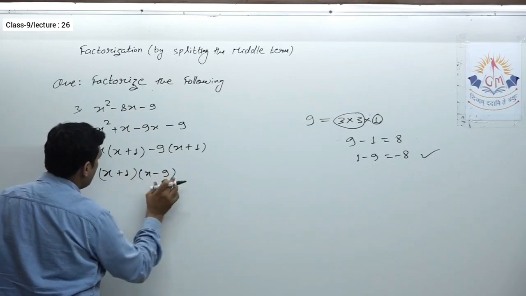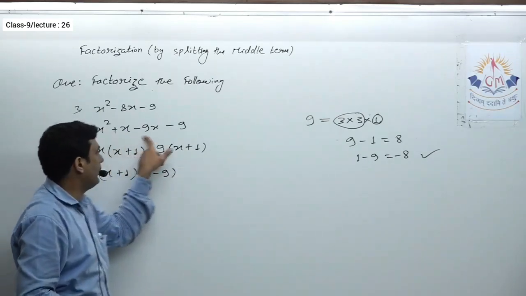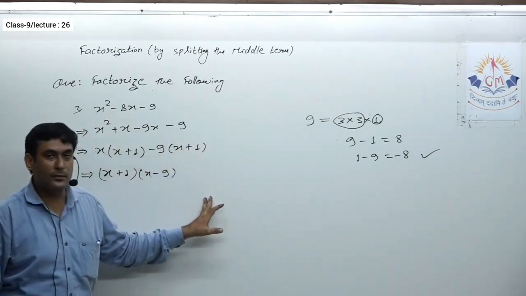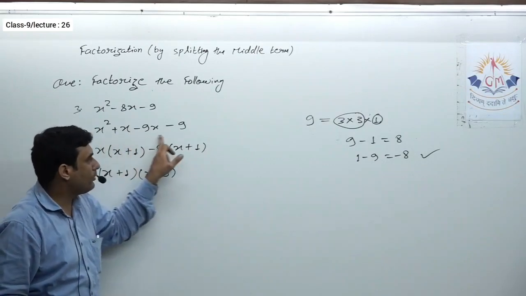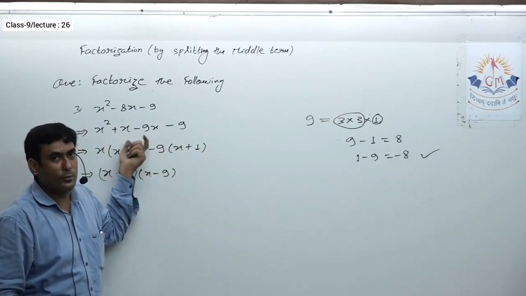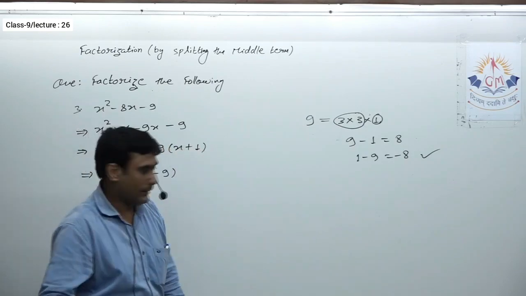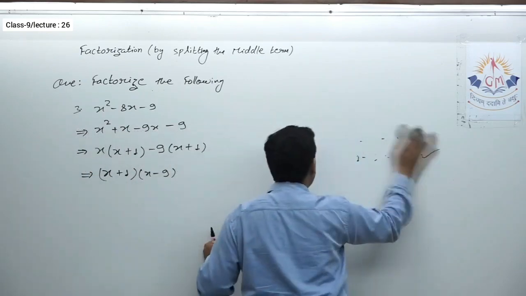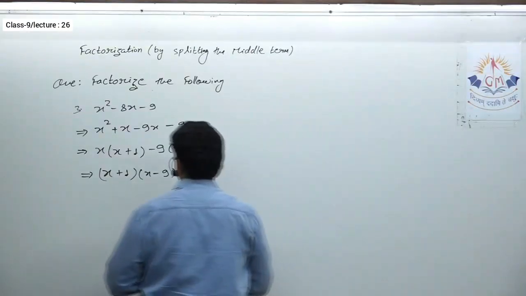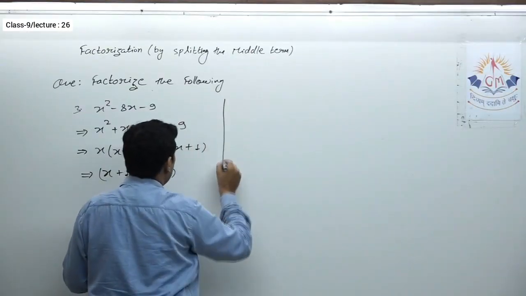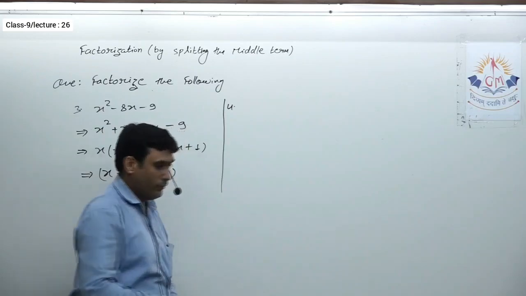Okay, the only thing that you have to work on is over here. After that it is quite easy, because we already solved this type of sum. That means take something common from the first two, then from the next two. So I hope this is clear to you. Now let me take one more question over here. Question number 4.